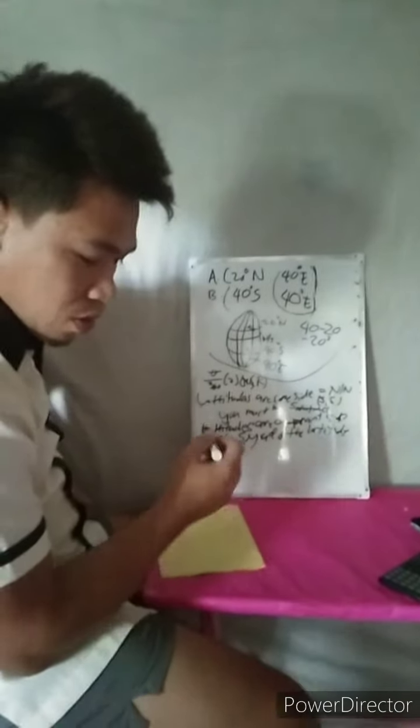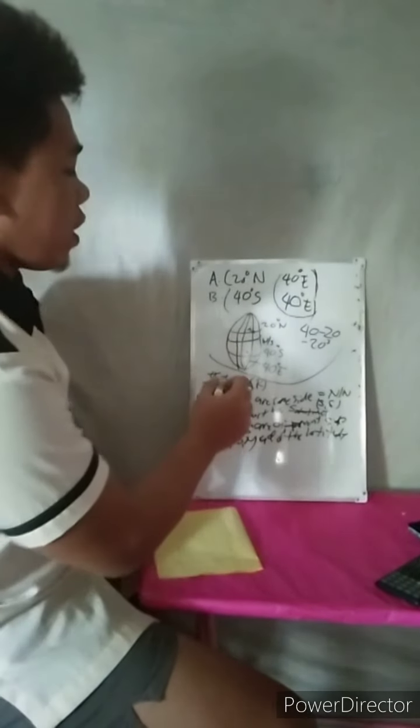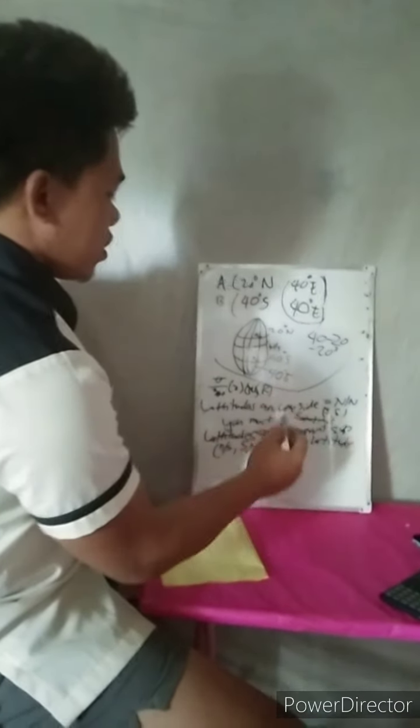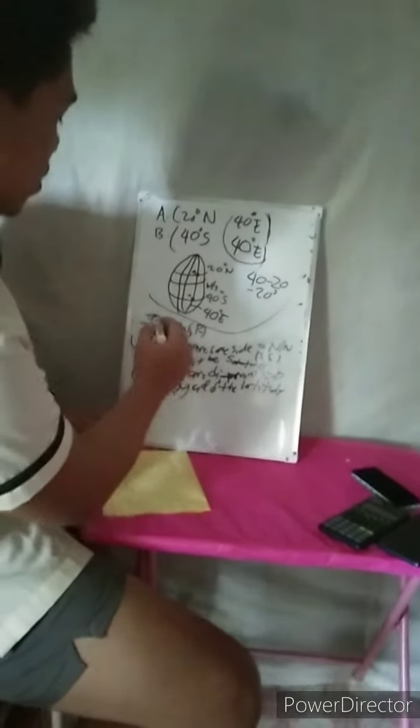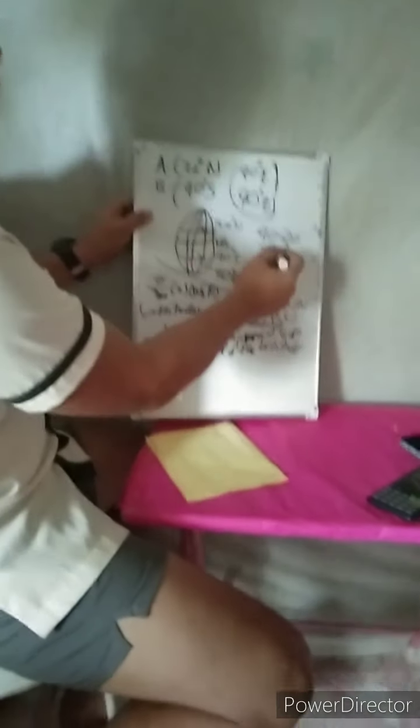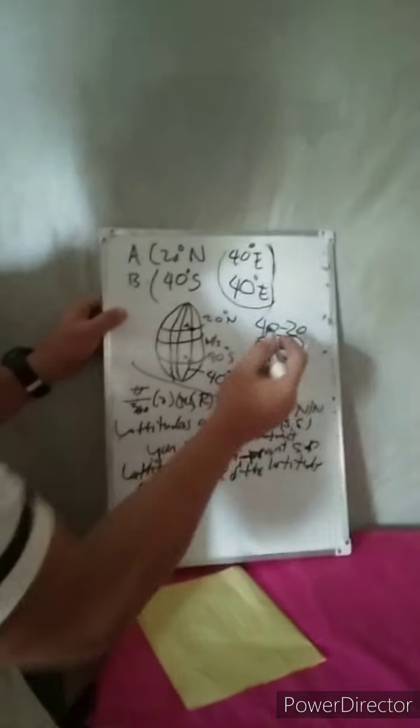So ato na lang i-substitute dinhi guys. So dapat may ara ta nga theta, may ara ta 20 degree nga angle. So dapat butang nato dinhi radius of earth